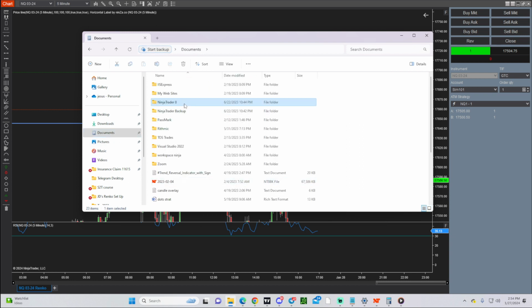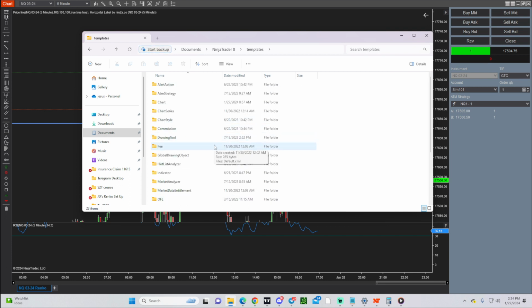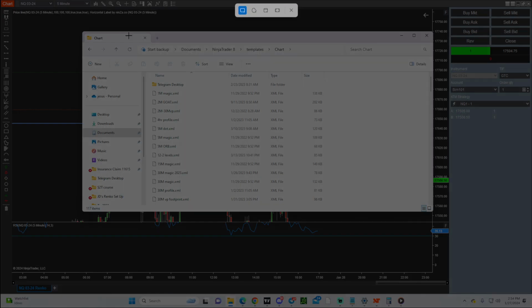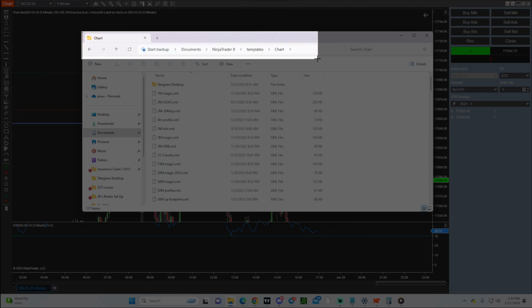You gotta go to NinjaTrader 8, and then once you're here, templates, then you're gonna have to go to chart, and then here is where you're gonna basically insert the template that I'm going to be sharing with you. I'm actually gonna take a screenshot of this here because this is the path that you need to follow to make sure that you copy